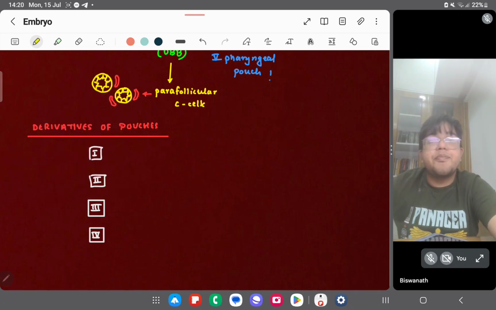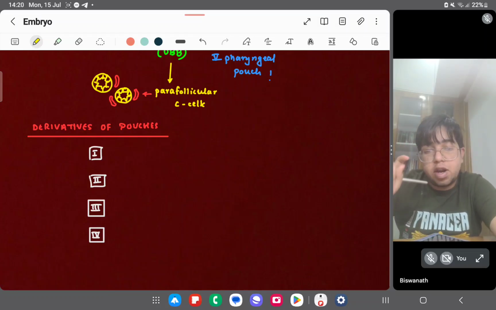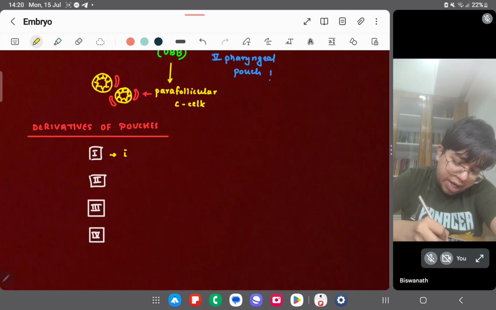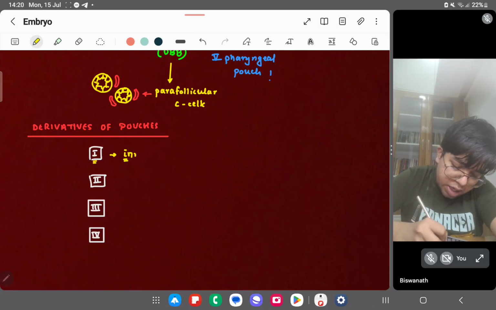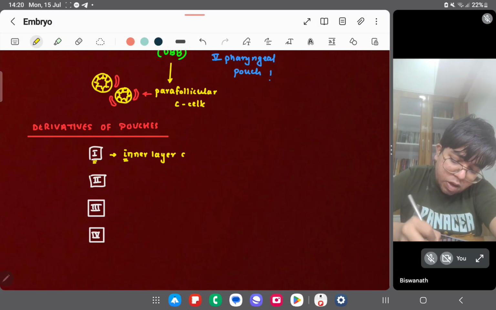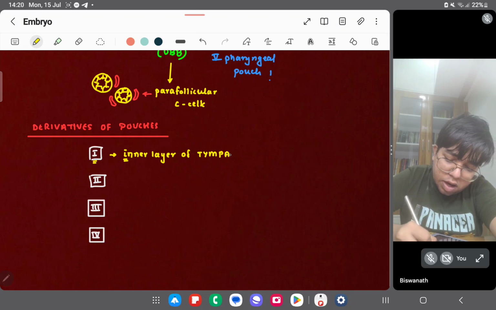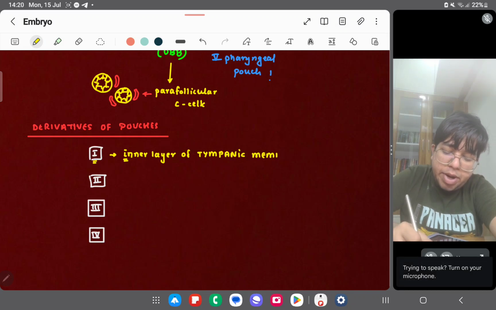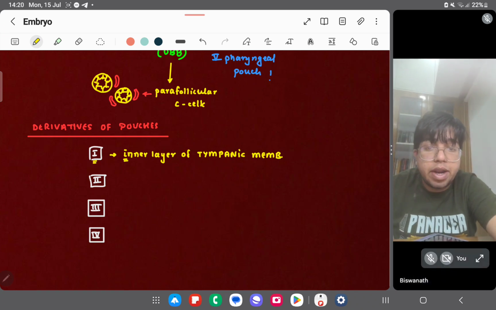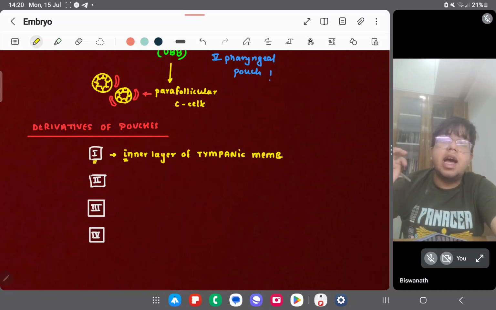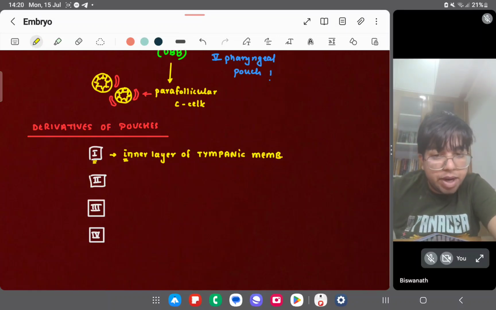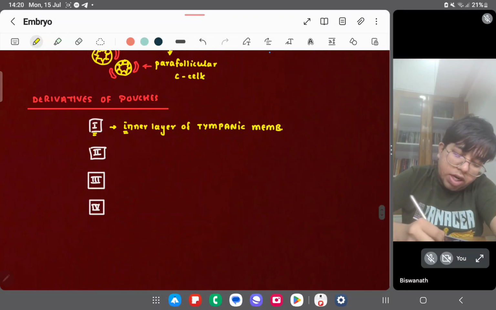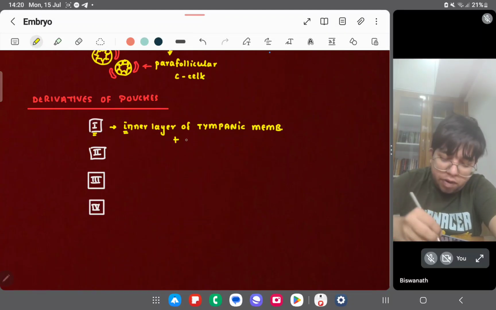What are the derivatives? Okay. So first looks like one or I. So you just remember I. First looks like I. So inner layer of tympanic membrane. If I talk about the inner layer of tympanic membrane, I will also think about the middle ear cavity, the whole middle ear cavity. I will also think about your auditory tube, your eustachian tube. So inner layer of tympanic membrane, just be reminded of your middle ear cavity,